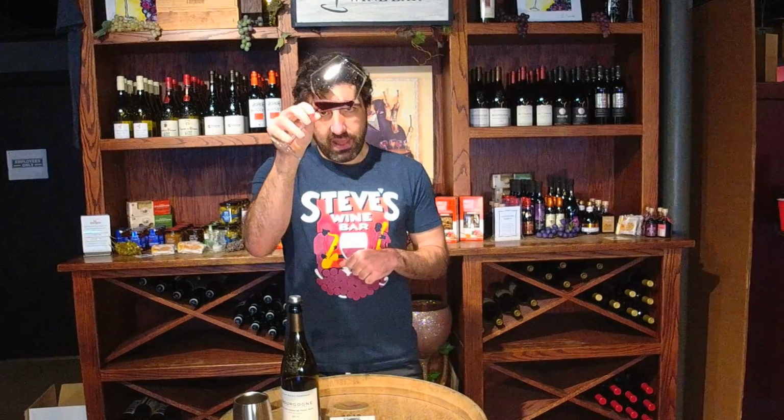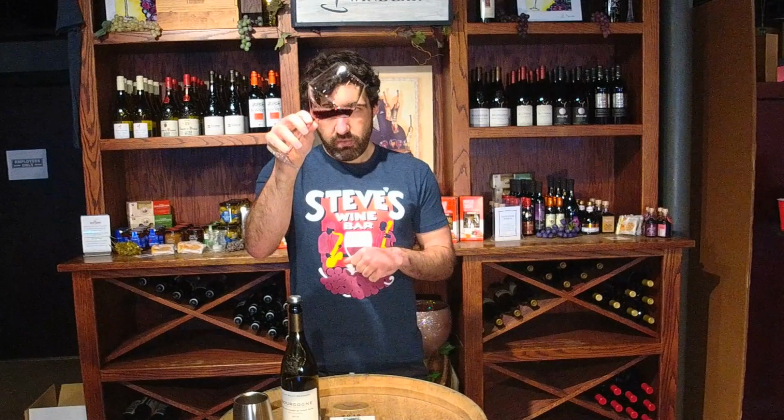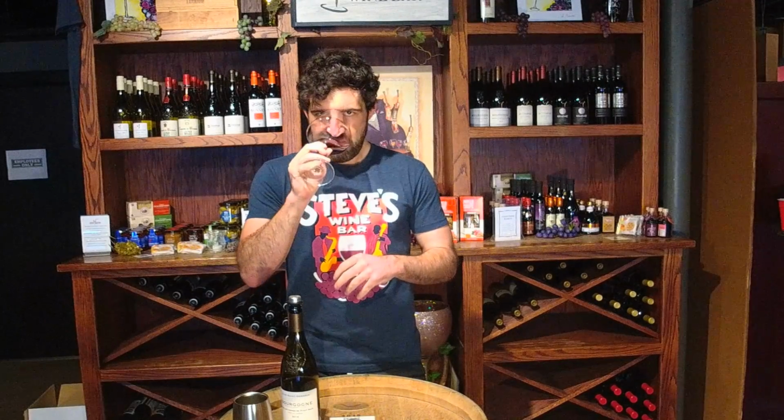So you get this kind of light, transparent ruby color. It's very brilliant. It has these orange tints, which usually denotes like a younger wine that has a lot of acidity to it. And you can tell that immediately. You get these orange peel notes. You get Bing cherry, a little bit of plum and raspberry notes in there. You get these fun tea leaves and like earth in there. It's like if you took some of the characteristics of a Willamette Pinot Noir and just kind of turned it up to 11 a little bit, just in terms of its influence. So let's go ahead